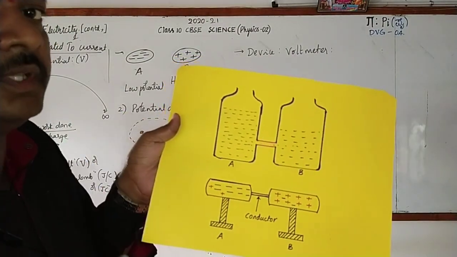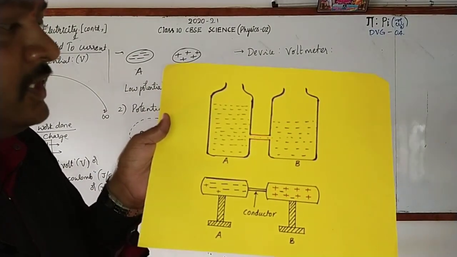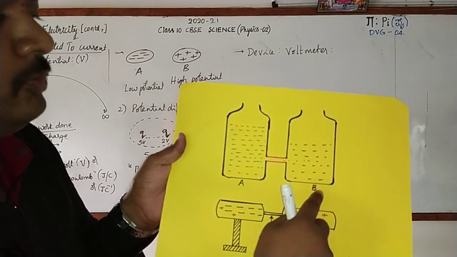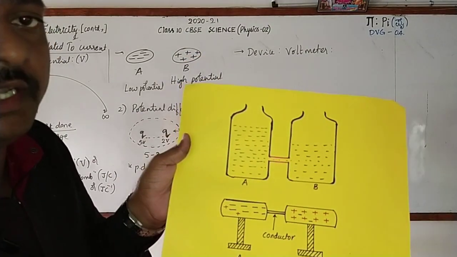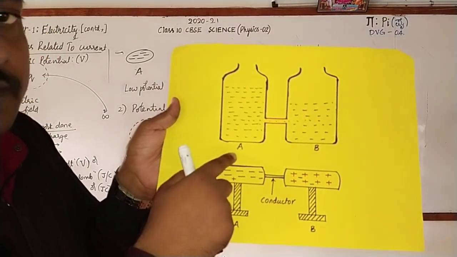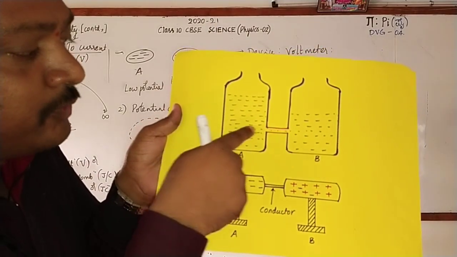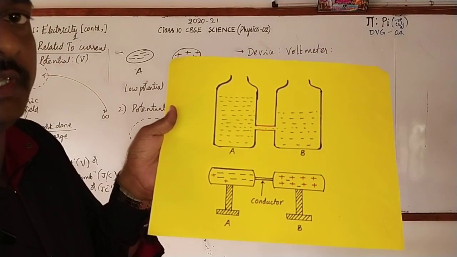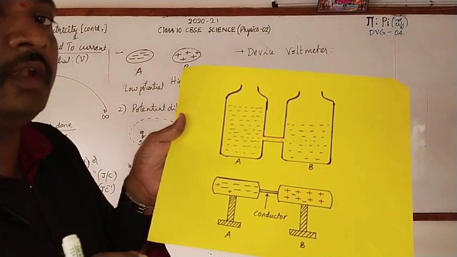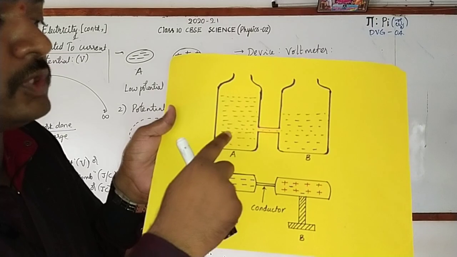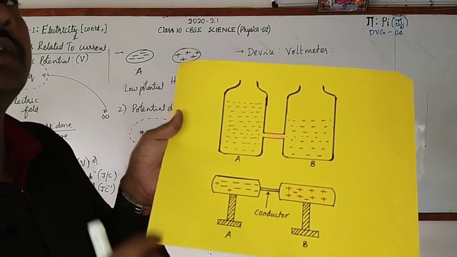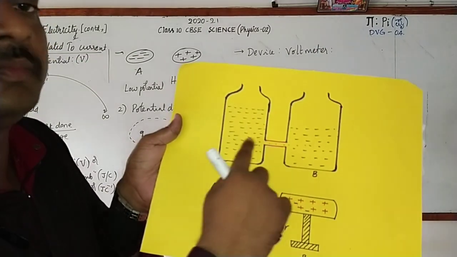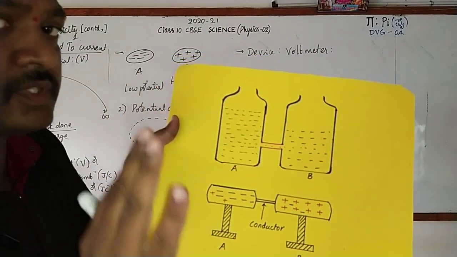You can do one simple thing to make it interesting. Just as you said, water flows from A to B, go for adding colors to bottle A. You can observe the flow of that colored water from A to B. It's very nice to see. Then can you tell how long the water flows from A to B? Yes, you are right. Till the level of water in both the bottles becomes the same.